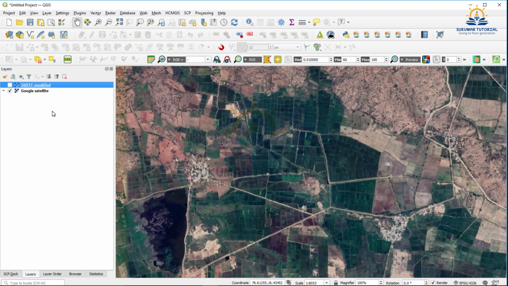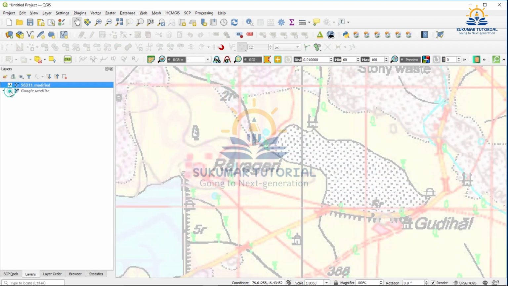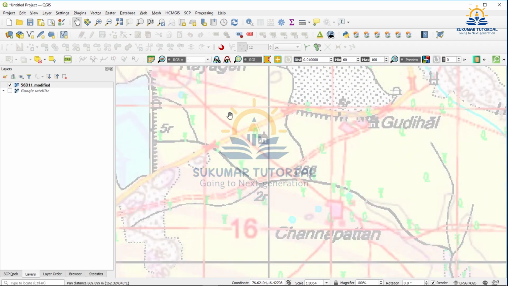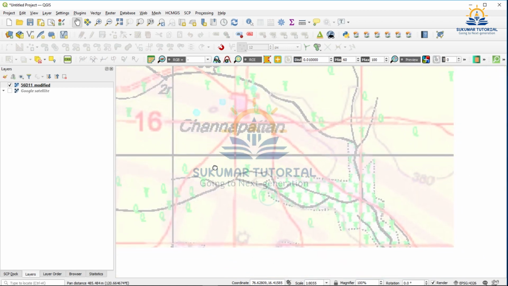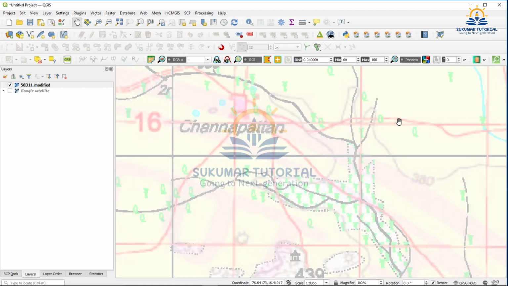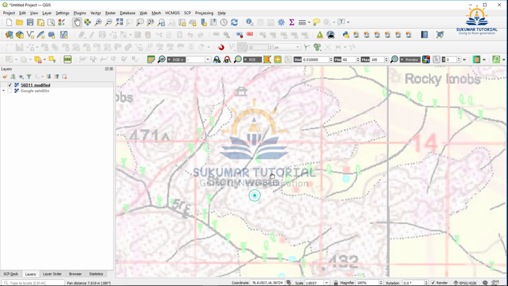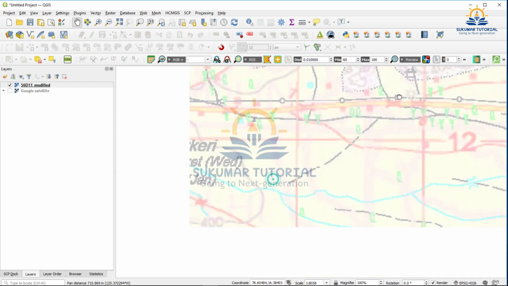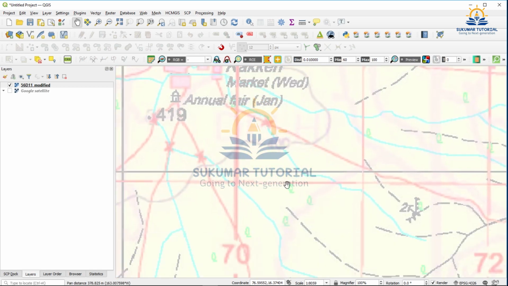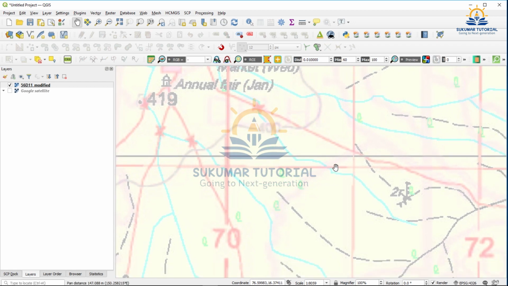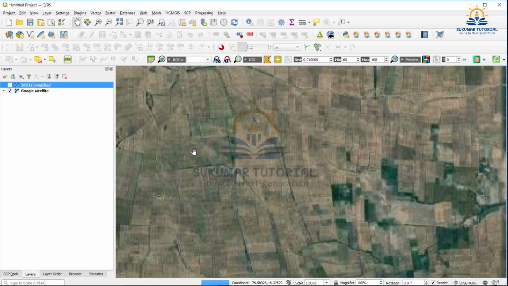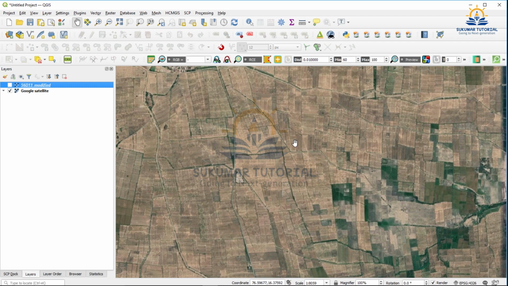Similarly, I am going to show some other area. See, this is the topo sheet. Wherever you move on the topo sheet, you get irrigation canals and all yellow color cultivable lands. See, rocky, scrub and everything is there. When I come down, see, the canals are there, streams are there, but all cultivable lands. Just when you highlight the Google map, see, these are all